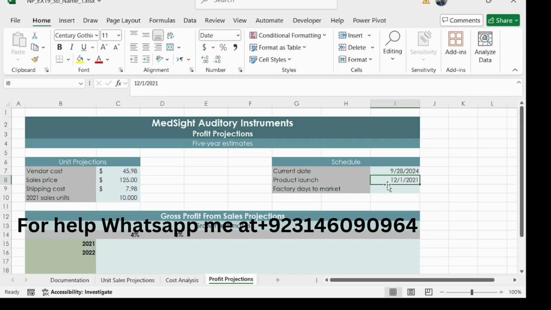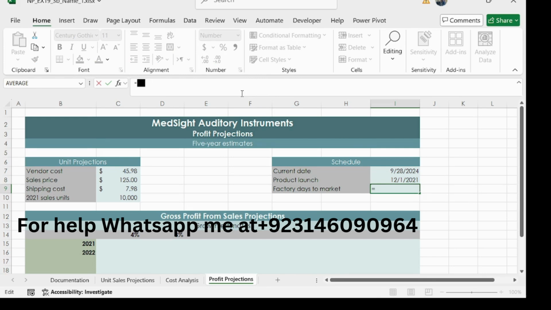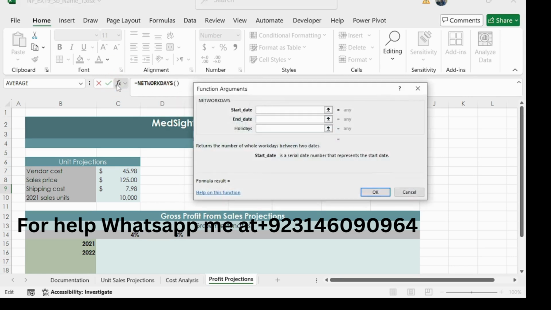Our step number 10 is in cell I9, create a formula. This is cell I9, create a NETWORKDAYS formula to calculate the working days between the dates in cells I7 and I8. Leave the holiday argument blank.